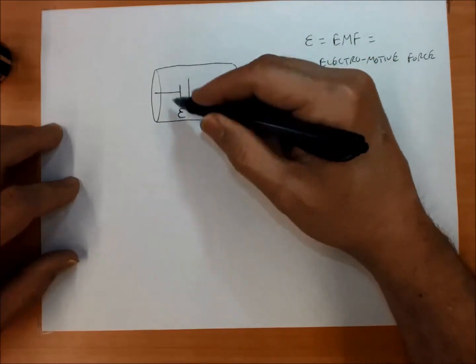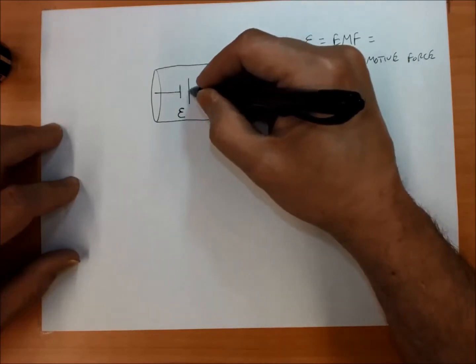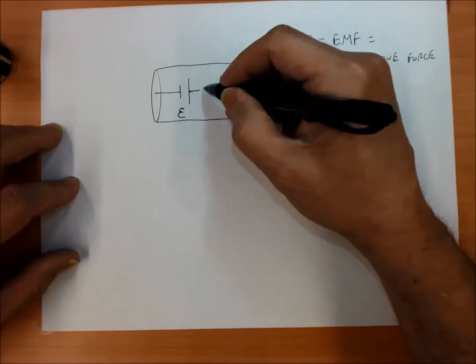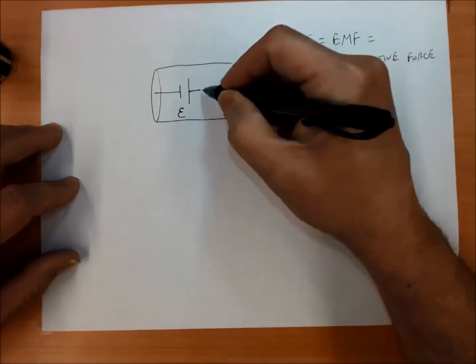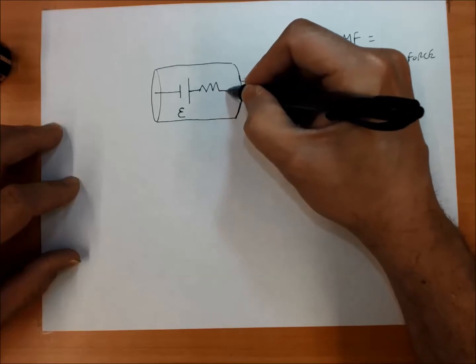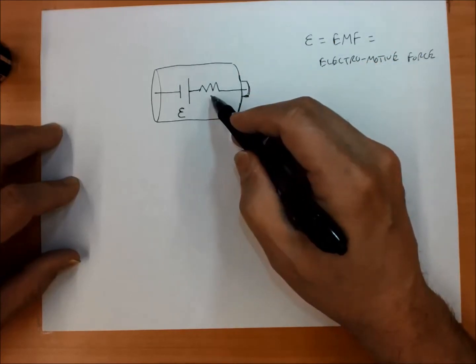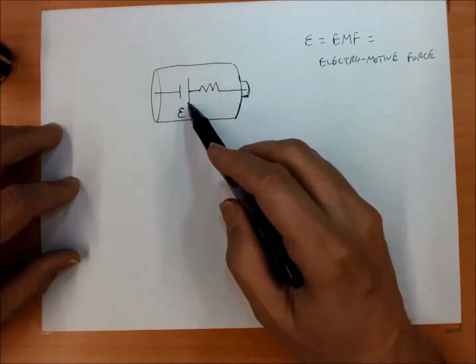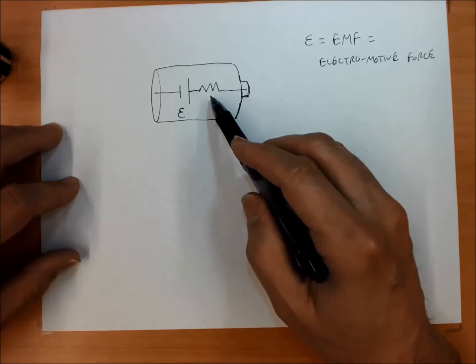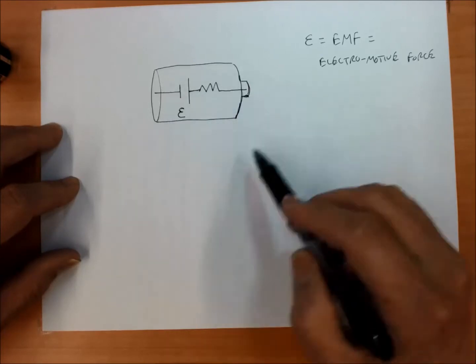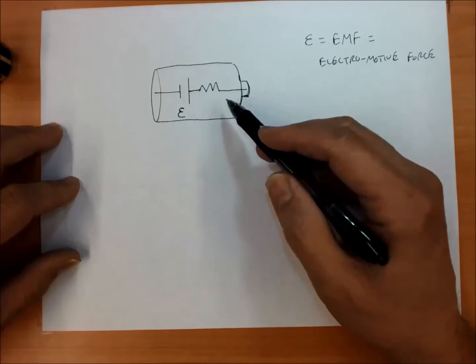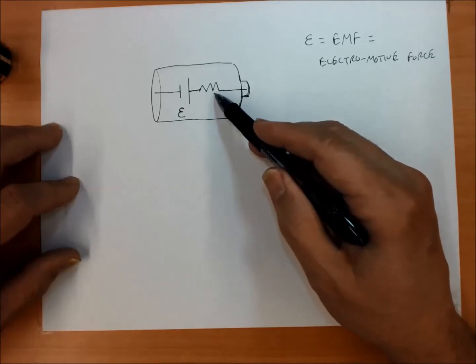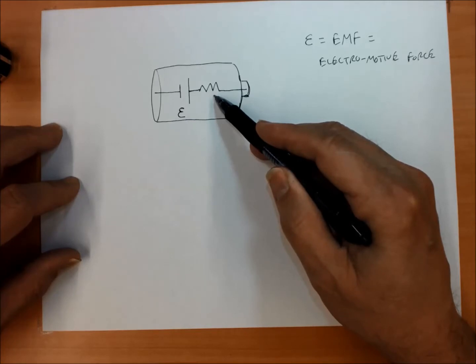Now, in series with this sort of hypothetical voltage generating chemical battery inside the actual D cell is a resistor. And that resistor represents the resistance of the chemicals themselves. So the chemicals do two things. They generate an EMF, but they also have a resistance to the current flowing through the battery. In fact, as the battery ages, as you sort of use it up, the resistance of this resistor gets bigger and bigger and bigger. The resistance of the chemicals gets larger and larger until it gets so large